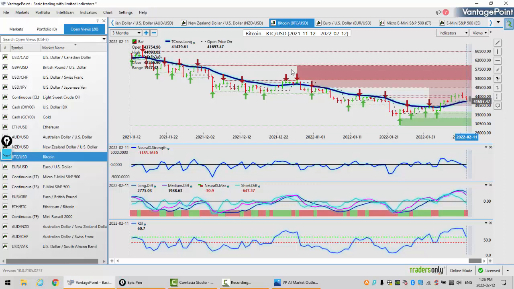When we look at this, we've got our T-cross long at 41,439. So we're looking to see if we can hold above that. But I do not like the slope of this neural index strength. It's pointing down and it's crossed the zero line. So once again, Bitcoin does tend to follow the NASDAQ, the S&P 500, but I've also seen it follow the US dollar, not gold, obviously, but the dollar. So I'll monitor this, but keep an eye on 41,439 to see if we can hold above that.